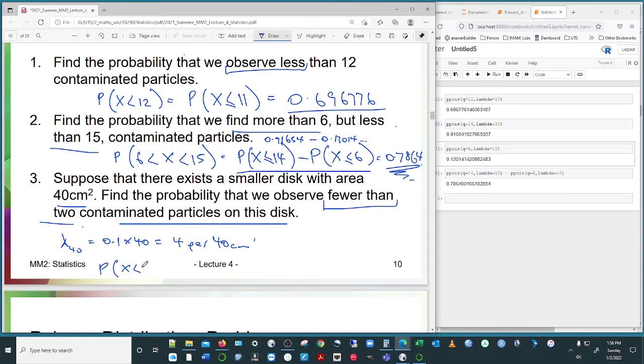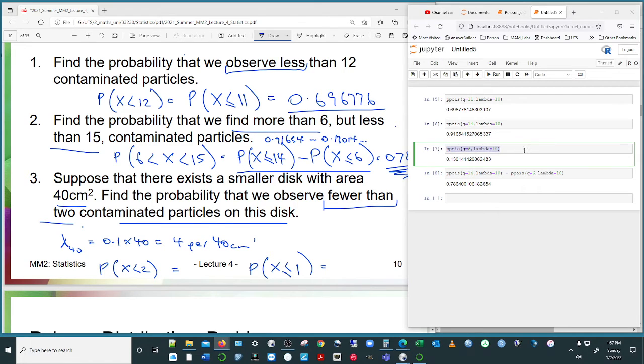X is less than 2. Okay. And so then we've got that is equal to our cumulative X, everything below 2, which is 1, and so on and so forth. So we can do that again here. We can just grab one of these and compute that. Control C, Control V, Q is 1, and the lambda would be 4.